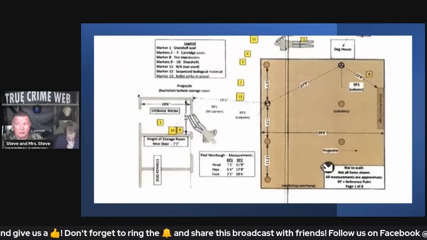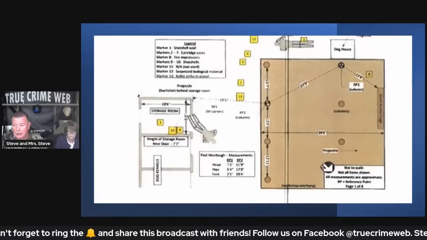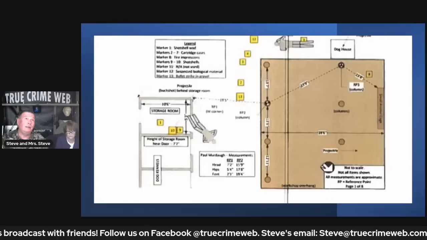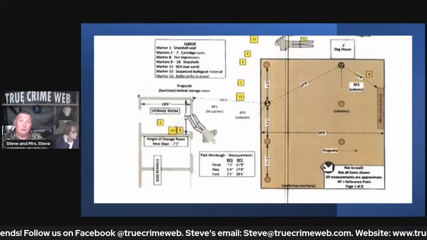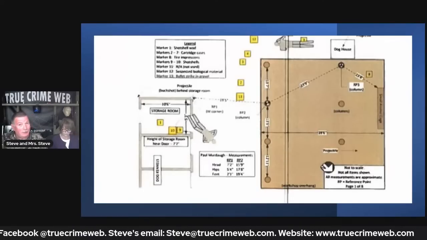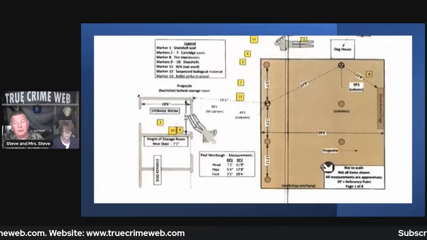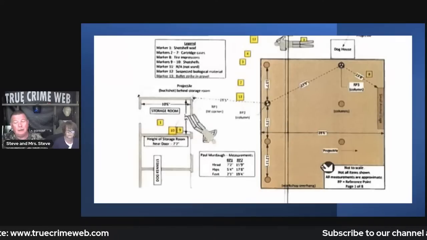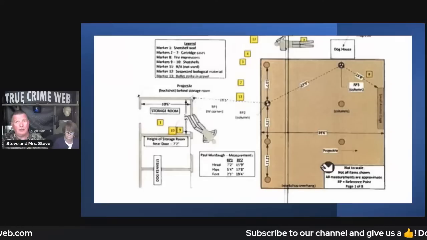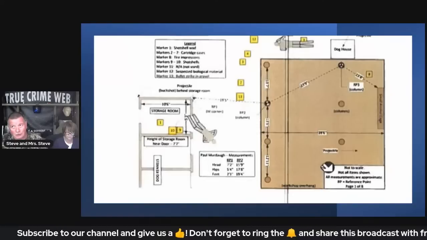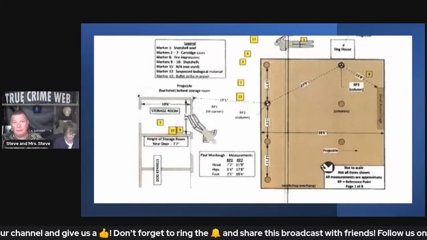And so as this evolved and we got to this state, sometimes with the DNA, we lose sight of the forest for the trees. We rely upon it so much that it has to be DNA. That's not always the case. It doesn't have to be DNA. There's a lot of things about a crime scene that can solve that case without DNA. And some of that evidence may or may not come in this case.